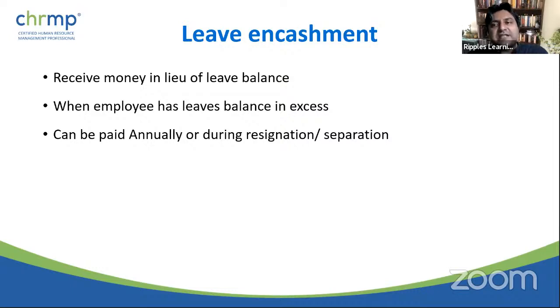So depending, again, if there is a compliance around it, well and good. But just in case there is no compliance around it, then you can go about making it the way you like it. But the interesting bit here is that not taking a leave is helping you earn money, right? Which is a very, very interesting message, right? And it has also been beautifully used, for example, in the call center industry, where